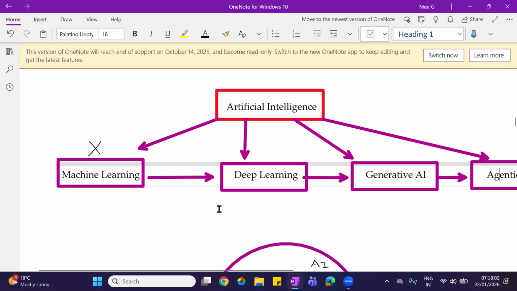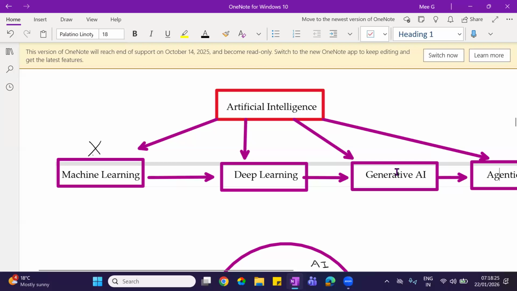You may get a doubt: what is this high-dimensional data? Higher dimensional data means images and text data. Deep learning can perform a specific task, but it can't do the generative task. Then generative AI came down.